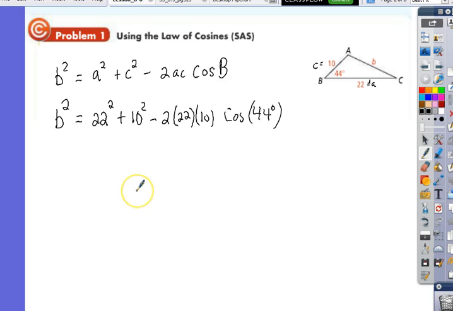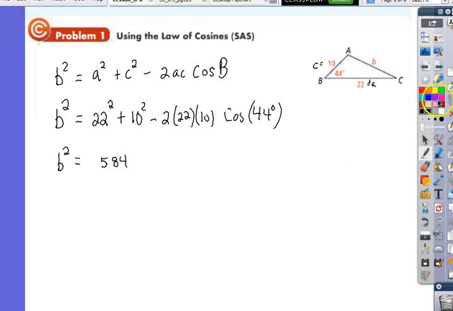And at this stage of the game, it's just plug and chug in your calculator. Now I'm going to break it down into some smaller parts first. I'm going to go ahead and do 22 squared plus 10 squared. So 22 squared in my calculator is 484. And then when I add 10 squared to that, that's just adding 100 to it. So 22 squared plus 10 squared is